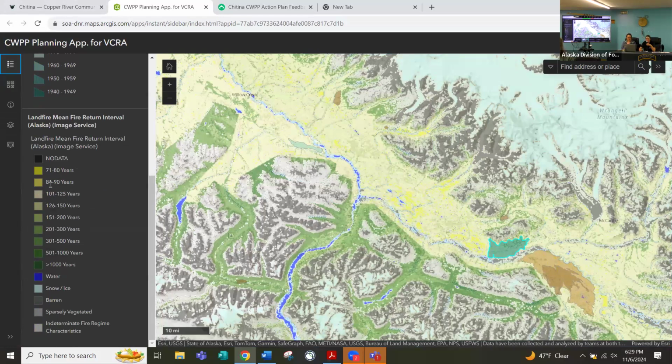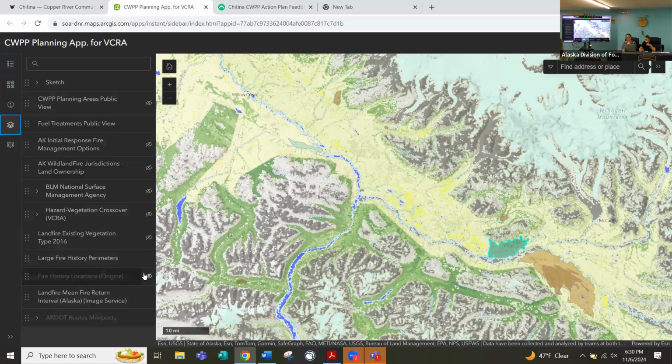The designation we gave the Copper River Basin based off of this information was approximately every 80 to 100 years. Within our wildland urban interface or WUI corridors, there's potential for stand replacement fires every 80 to 100 years. You can also see though that varies by the terrain and the vegetation type. When you get up into some of these drainages or higher elevations, they regenerate by fire with a greater stand replacement interval.